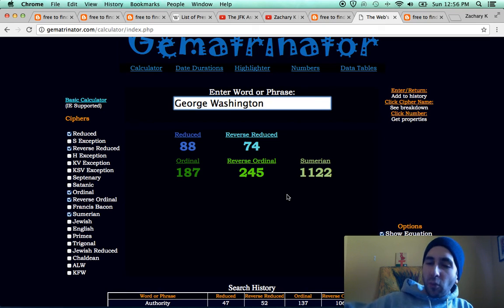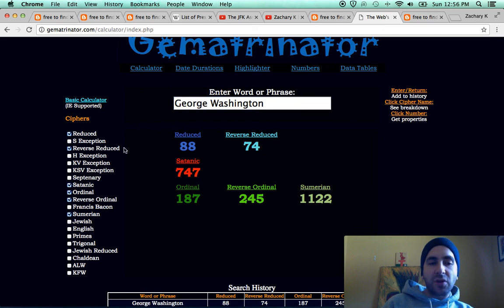We see how 187, which has this parallel with 1122, is related to Washington, D.C. We also know it's connected to killing. 187, the homicide code in states such as California. In this Satanic Gematria cipher, which is so interesting,